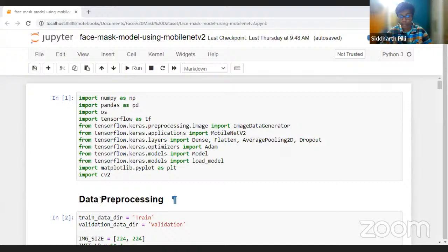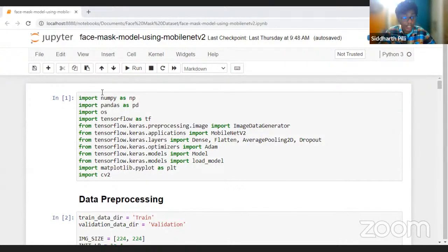I'll just share my screen. Just give me a second. Yeah, there we go. All right, so I'll just have a new tab. Yeah, there we go. All right, so hopefully my screen is visible, right, everyone? Is it visible? Okay, great.